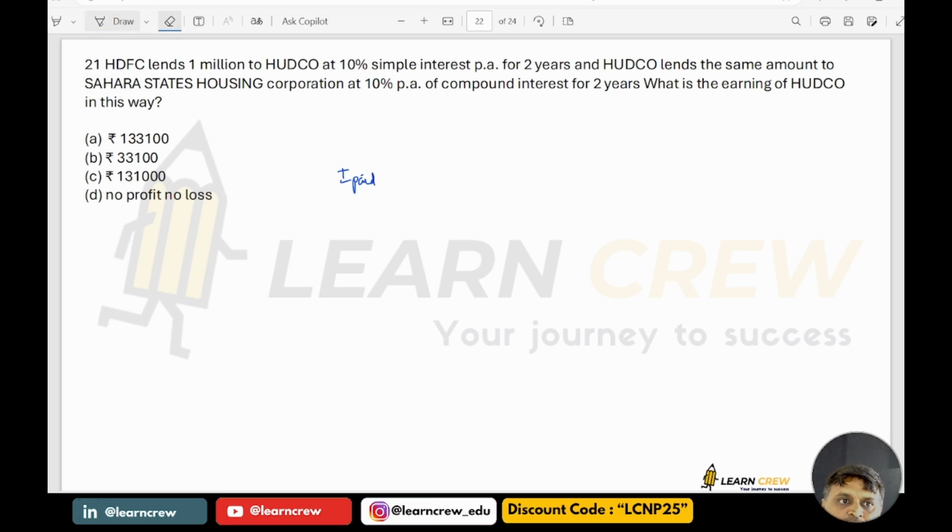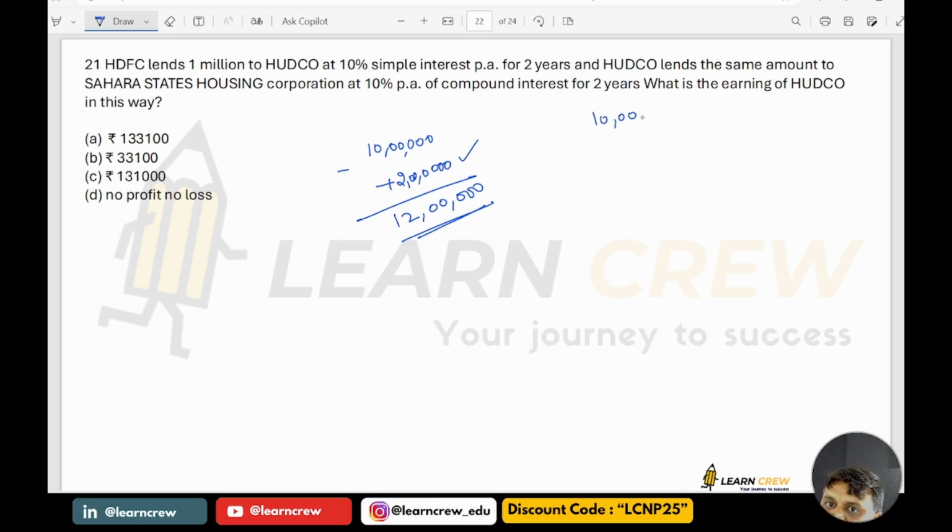the total amount in the first case is 10 lakhs, at 10% interest for 2 years. So 20% means 2 lakhs interest, and in 2 years the total amount becomes 12 lakhs. So the interest paid by it is 2 lakhs. Whereas when Hudco is borrowing this and paying at 10% per annum simple interest, then this 10 lakhs